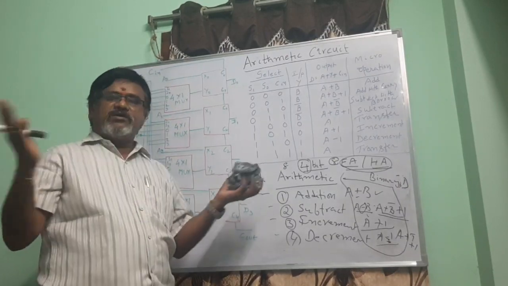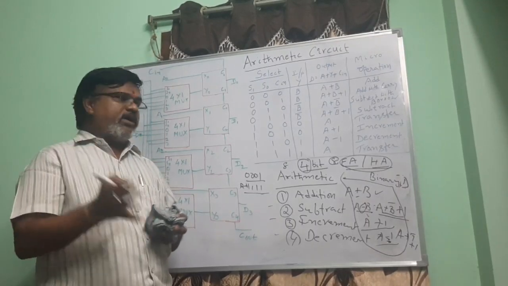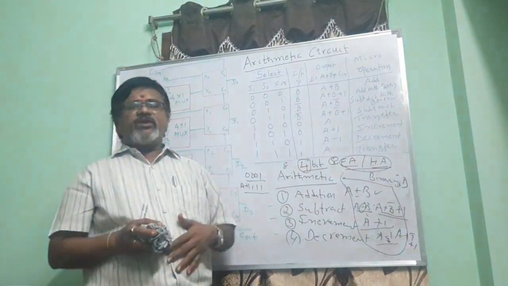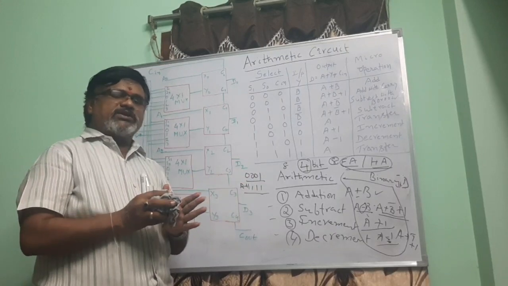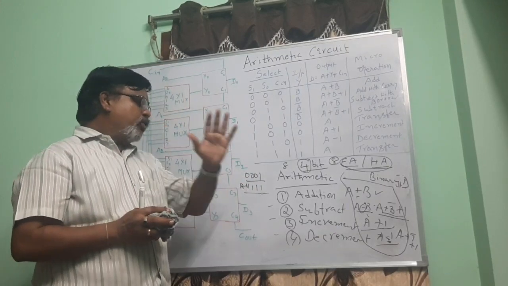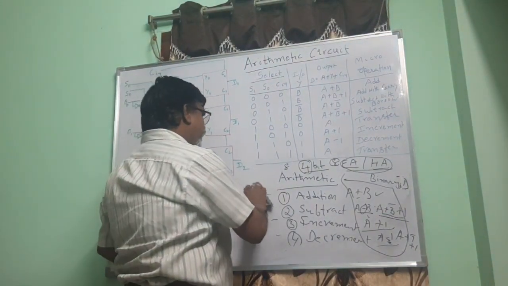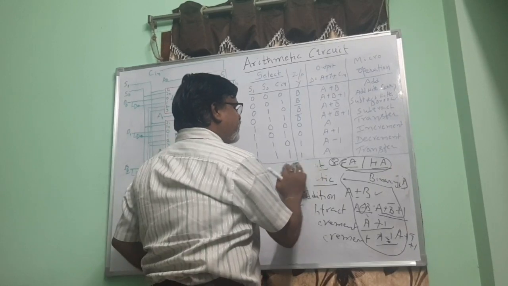First generation, vacuum tubes, very huge size, like that. As the generations kept going, the CPU size also got reduced because of integrated chips, etc. So in such a small computer, to perform all the 4 arithmetic operations, we use only one common circuit.